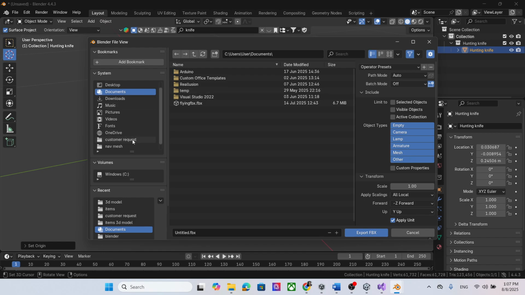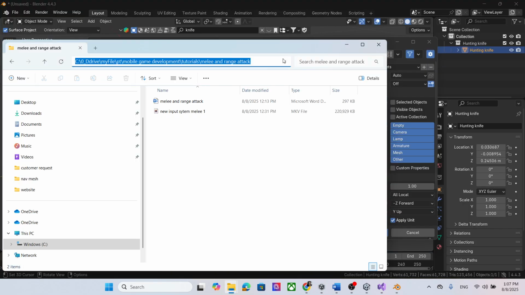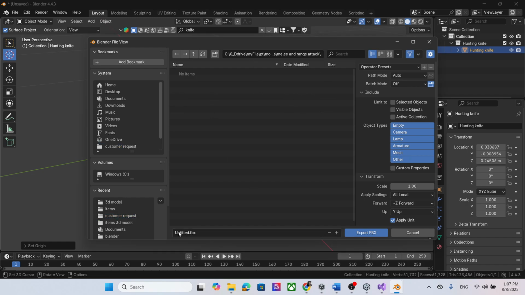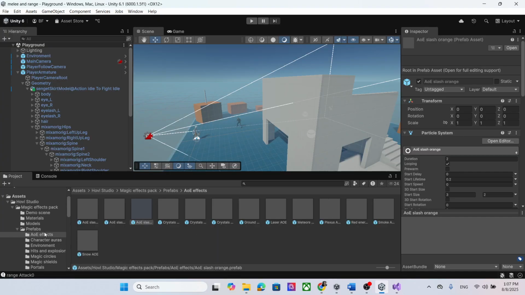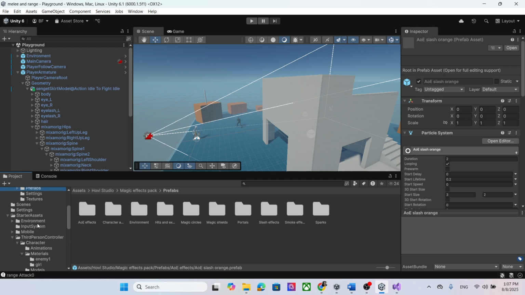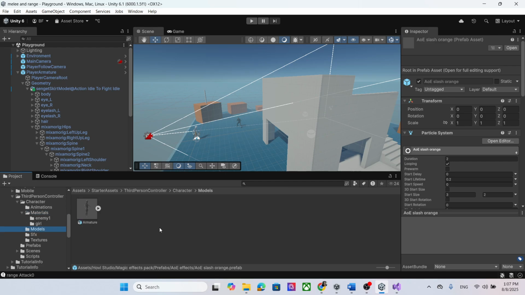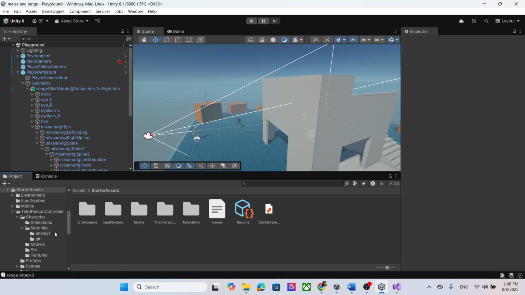We want to put it in photos. I put it as a knife. Export. Now you go to your knife, and then I put it in the character material models here. I put it inside the model, and I rename it as